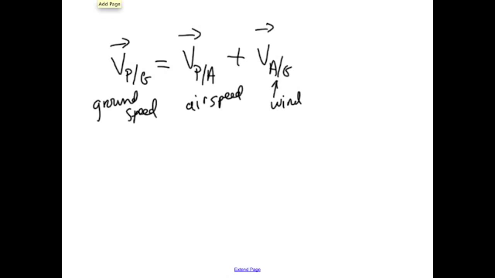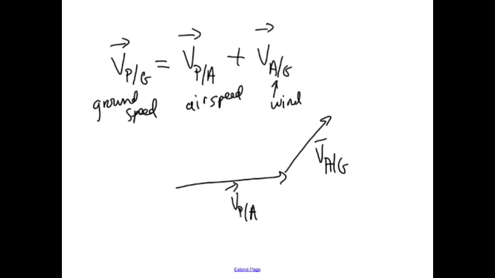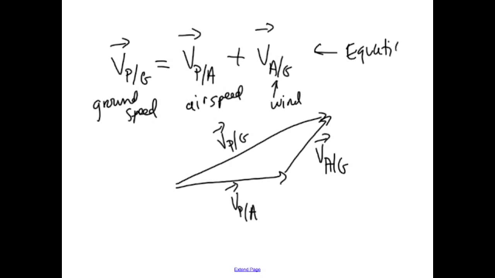Notice this forms a triangle. I am adding two vectors together. This vector could be the velocity of the plane relative to the air. And this vector right here is the wind, the velocity of the air relative to the ground. And their sum is the velocity of the plane relative to the ground. Basically, this equation and this triangle